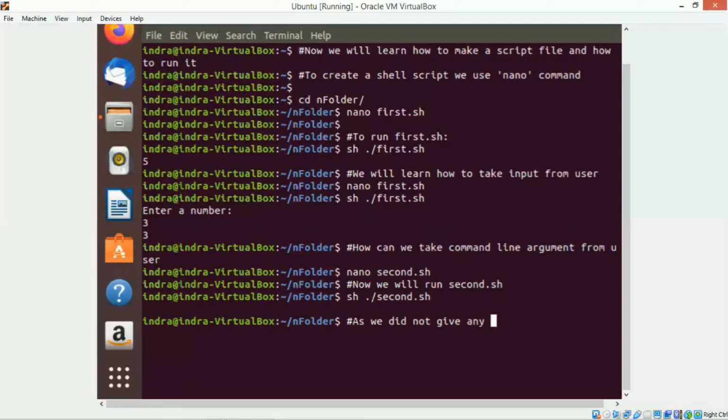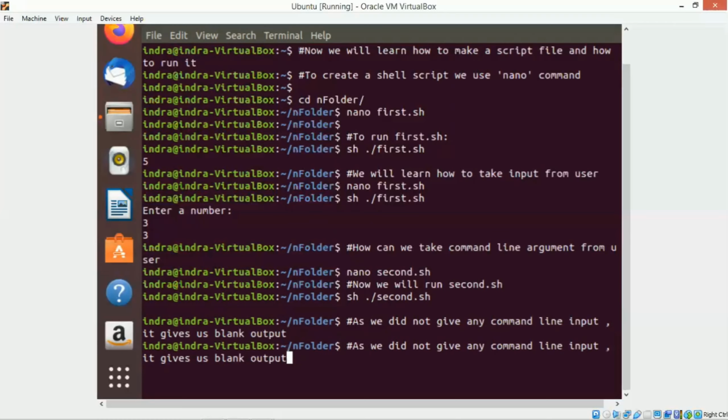Blank output here. If we run the same file using a command line input 23, it is printing 23. You can see that. So it is working fine.